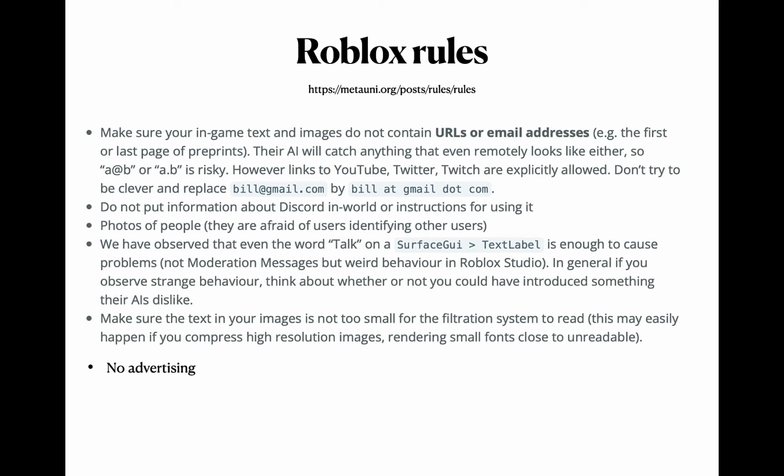And small text or illegible text. I've had a few images caught by moderation for small text. That was when I was uploading slides for talks. And also illegible text. Funnily enough, this gallery that I made has some images in it with fake Chinese that doesn't make any sense, or text that is just kind of weird. None of that got caught, so I don't know how seriously to take this final bullet point, but text that's hard to read, and therefore might be a secret message that you're trying to get past the moderators, might also catch their attention. And I've had one image flagged recently for advertising, even though it had nothing to do with advertising. So